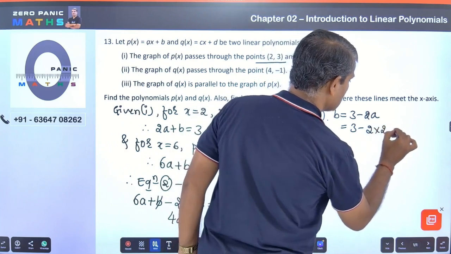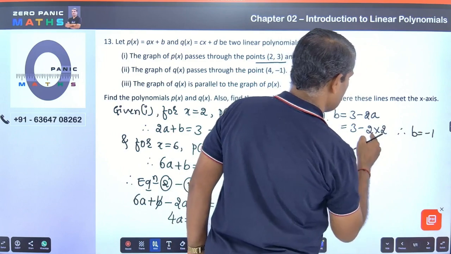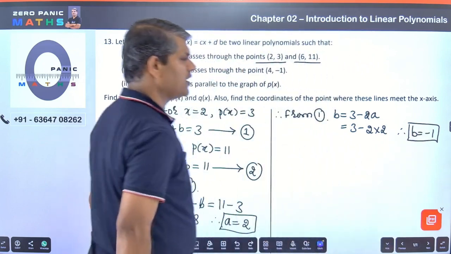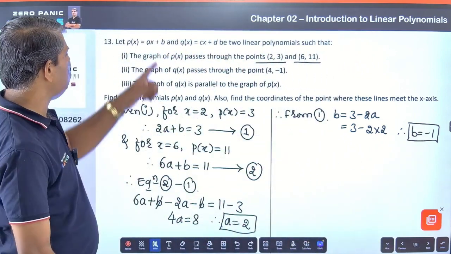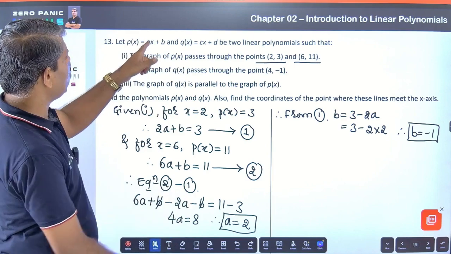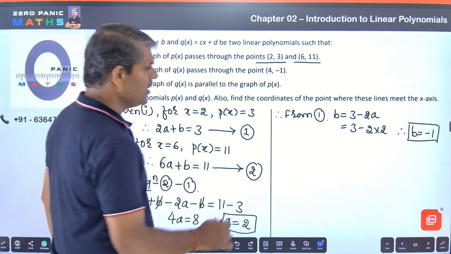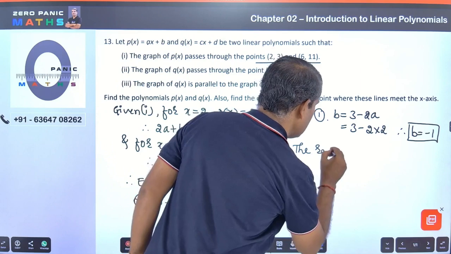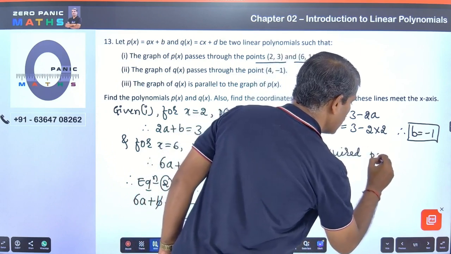So therefore b is equal to minus 1, right? 3 minus 4, that is b is equal to minus 1. So I got the value of a as 2, b as minus 1. Substitute in this, that is 2x minus 1 is equal to p of x. Okay, so therefore the required polynomial